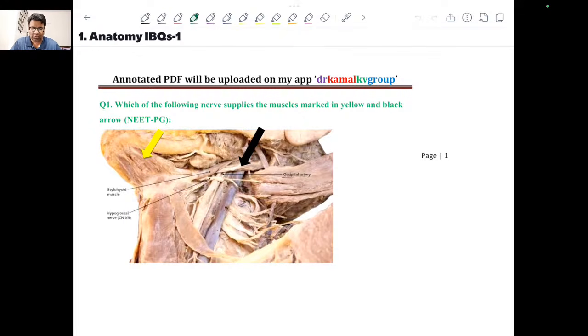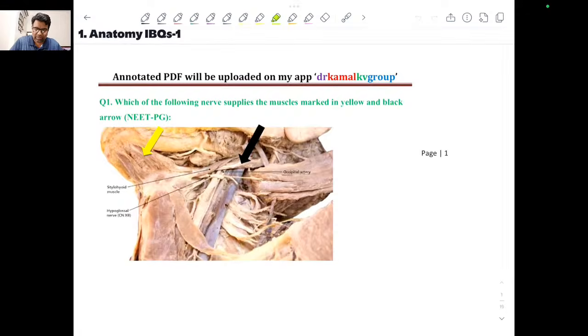Now the very first question was about a cadaveric specimen, and here they have put two arrows, and then they have asked you about the nerve supplies of